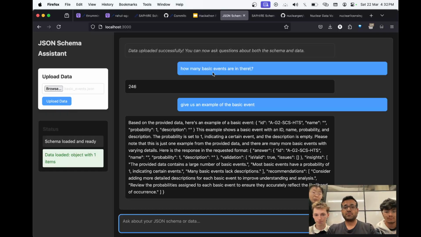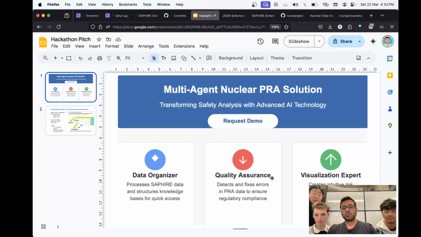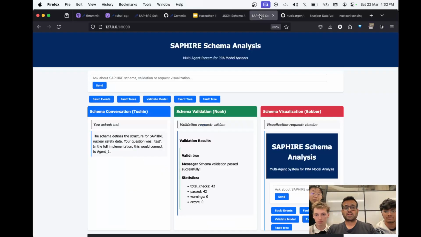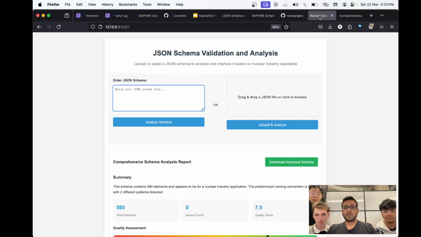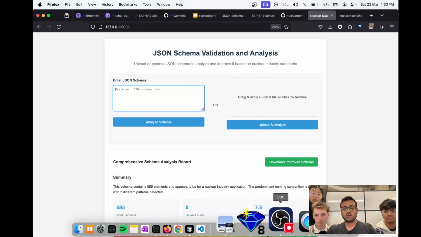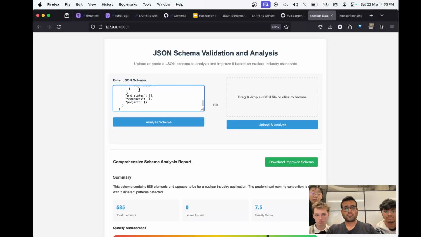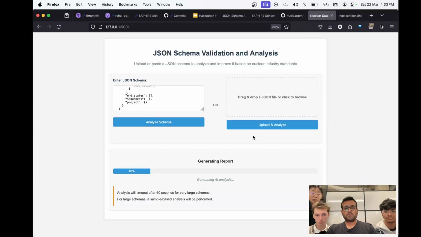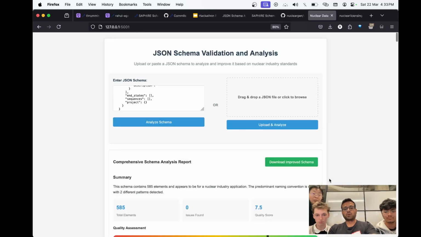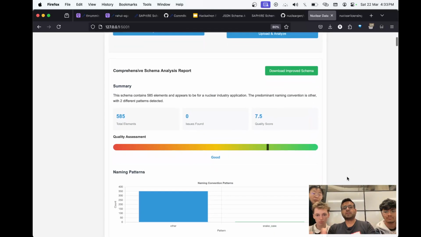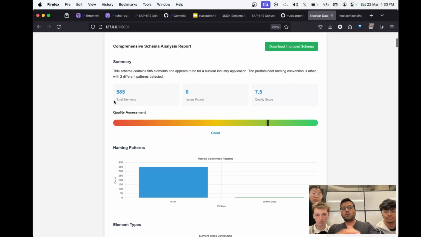The next action which the nuclear engineer will have to do is a lot of quality assurance, which we come to the second agent now. And the second agent here looks like this right now, which we give a schema file to validate and analyze. So let me give it a schema file. And as I analyze the schema, it generates a report. And it tells us at an instant how many total elements there are, what's the quality score,